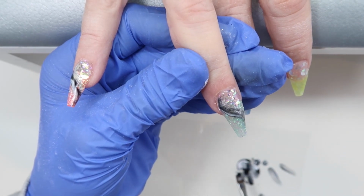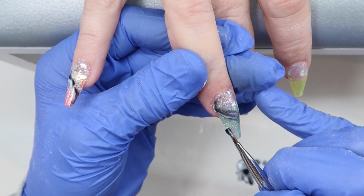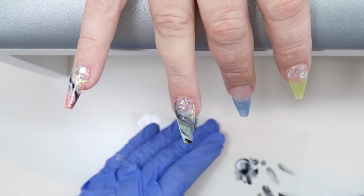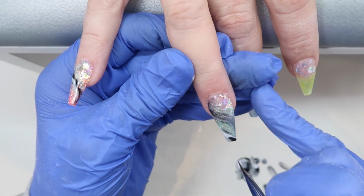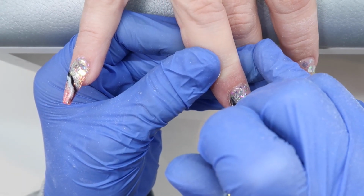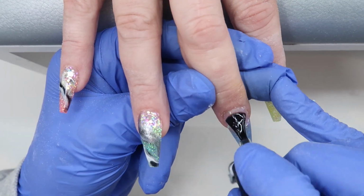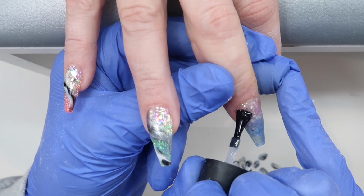You don't want it to be too thick, so don't put too much on your brush, but you do want that definition of the different colors, so it looks really cool. So once I pull that off, I'm going to wipe the sides to make sure the sides don't bulk up. If anything bulks up around the cuticle area, I do take my brush and kind of fan that out. Let that melt a sec, give that a cure, and then I'm just going to keep doing that on the